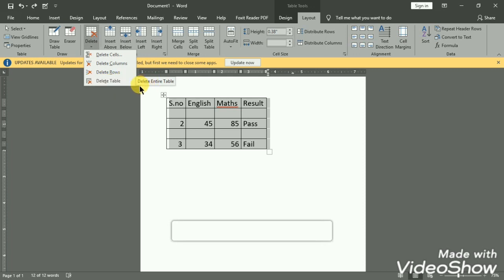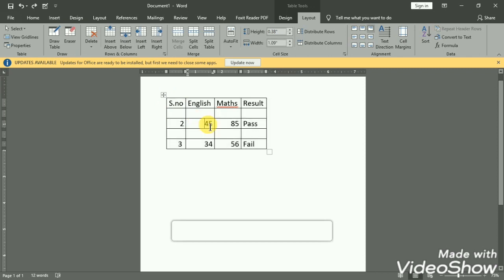And next, we have the Alignment group. In this alignment group, we have 6 alignments. You can edit the data. You can make alignments for the data present in the table. For example, now I want to make the alignment of the section number as middle.